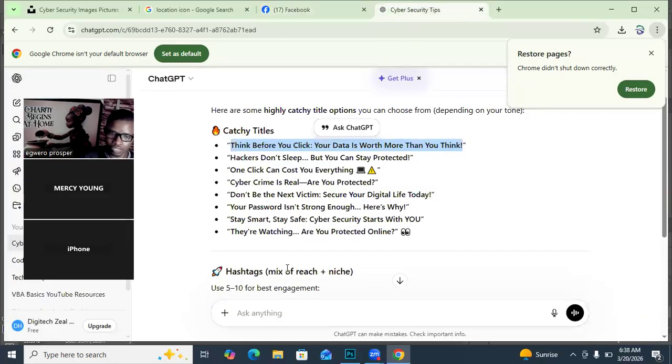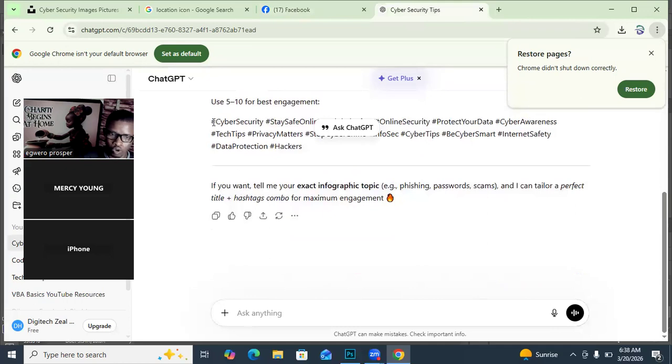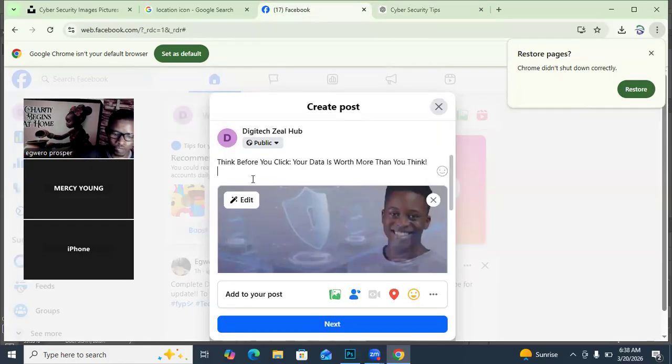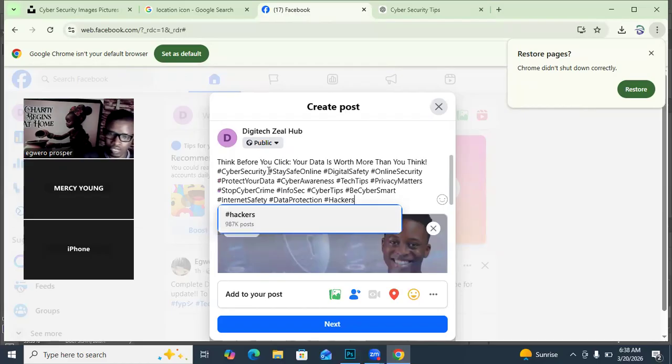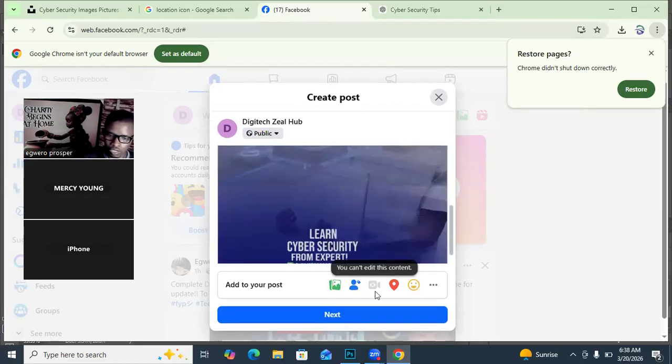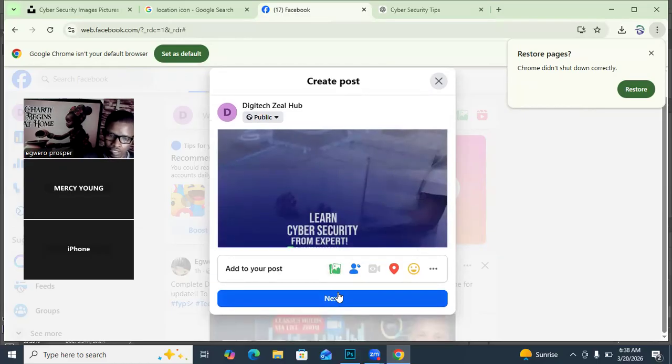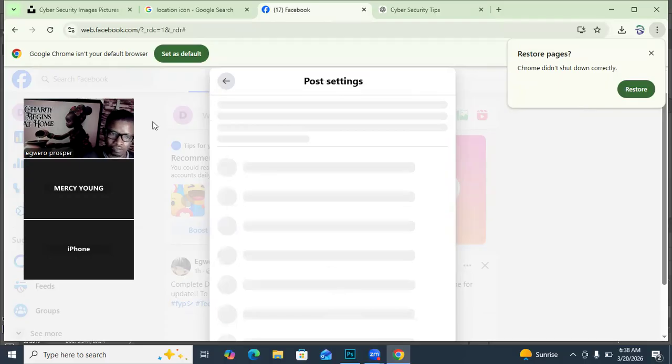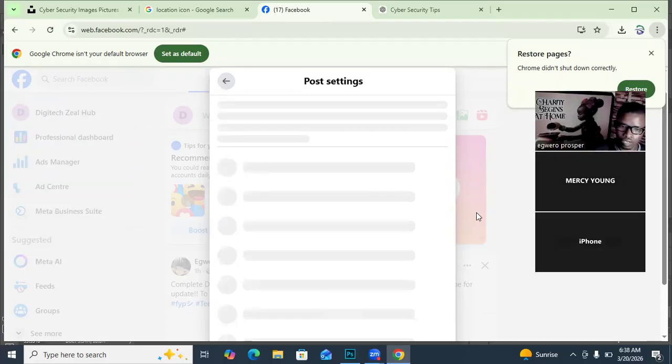Go back to ChatGPT. Copy the whole of this as tagging. These are popular words people search for, which means that your content will reach out to them within a second. Then paste them here. So ladies and gentlemen, I will just click on what? Next. Click on next. Click on next, and then